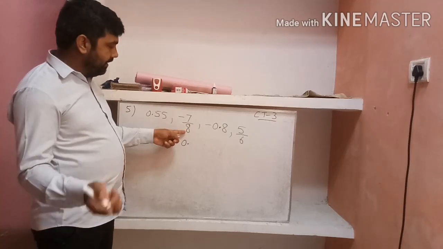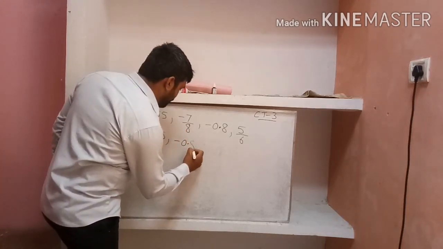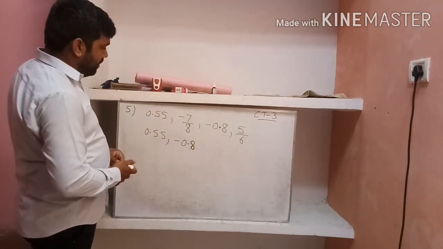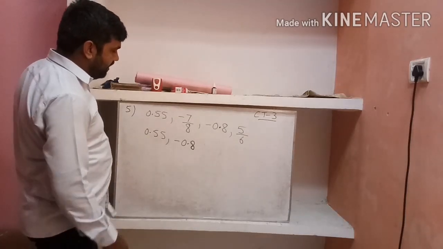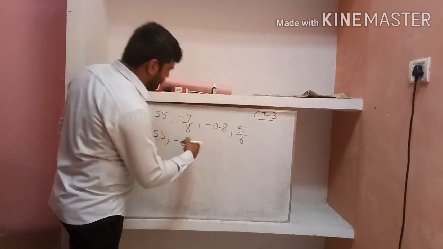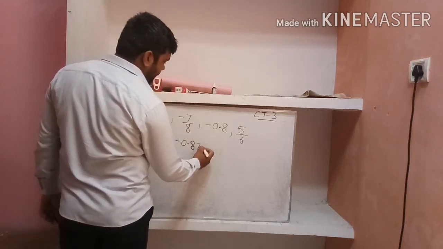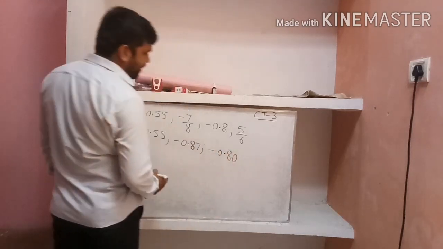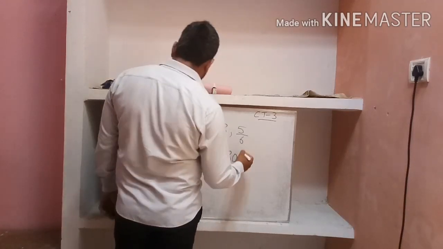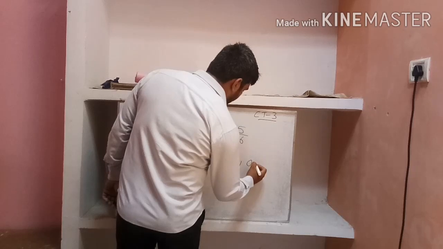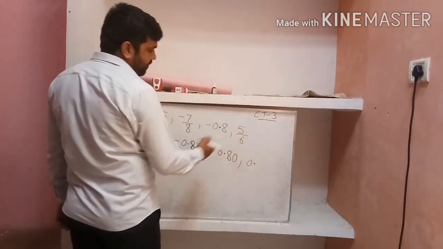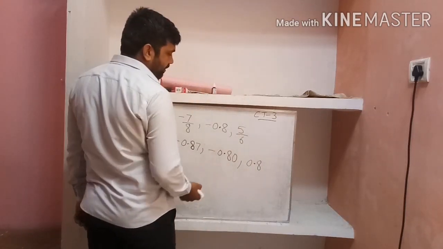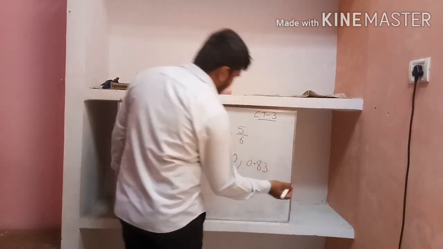8 nines are 72, 8 eights are 64, so 0.8 will come. Remainder 6, so 60. Now 8 sevens are 56. So 0.87 will come. Okay, only two places we have calculated. Third is 0.8, you can write in two decimal places as 0.80. Similarly 5 is also divided by 6. So it will become 0.50. 50, 6 eights are 48, remainder 2, so 20. 6 threes are 18. So 3 will be 8.